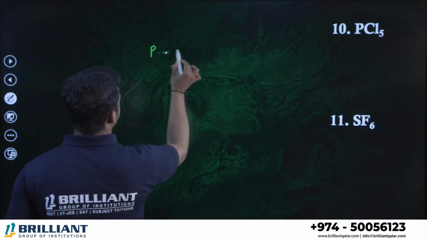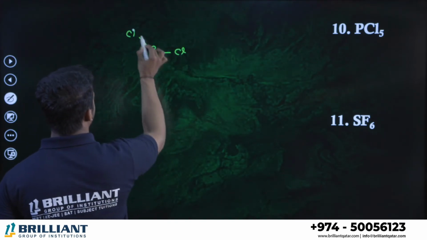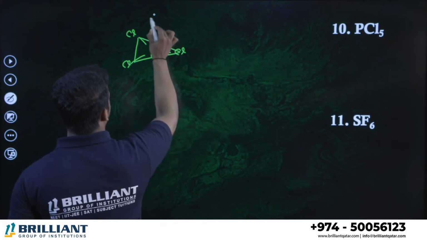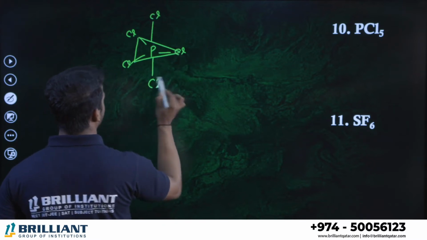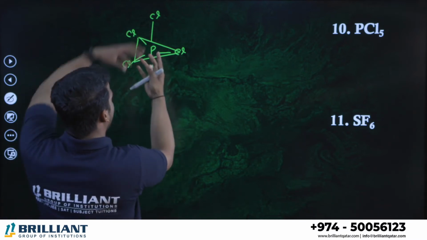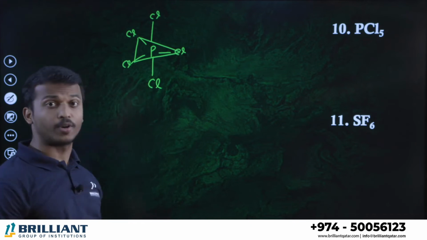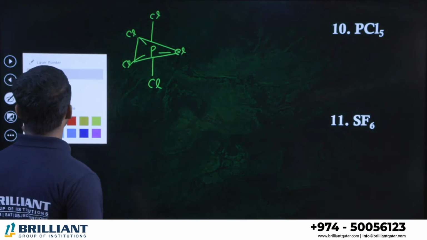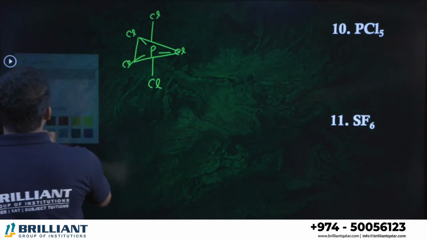P, Cl, Cl, Cl. You know, PCl5. This is the geometry. Trigonal bipyramidal. Trigonal bipyramidal. That's a geometry of which one? PCl5, phosphorus pentachloride. What about the situation? Let's see. When you consider,